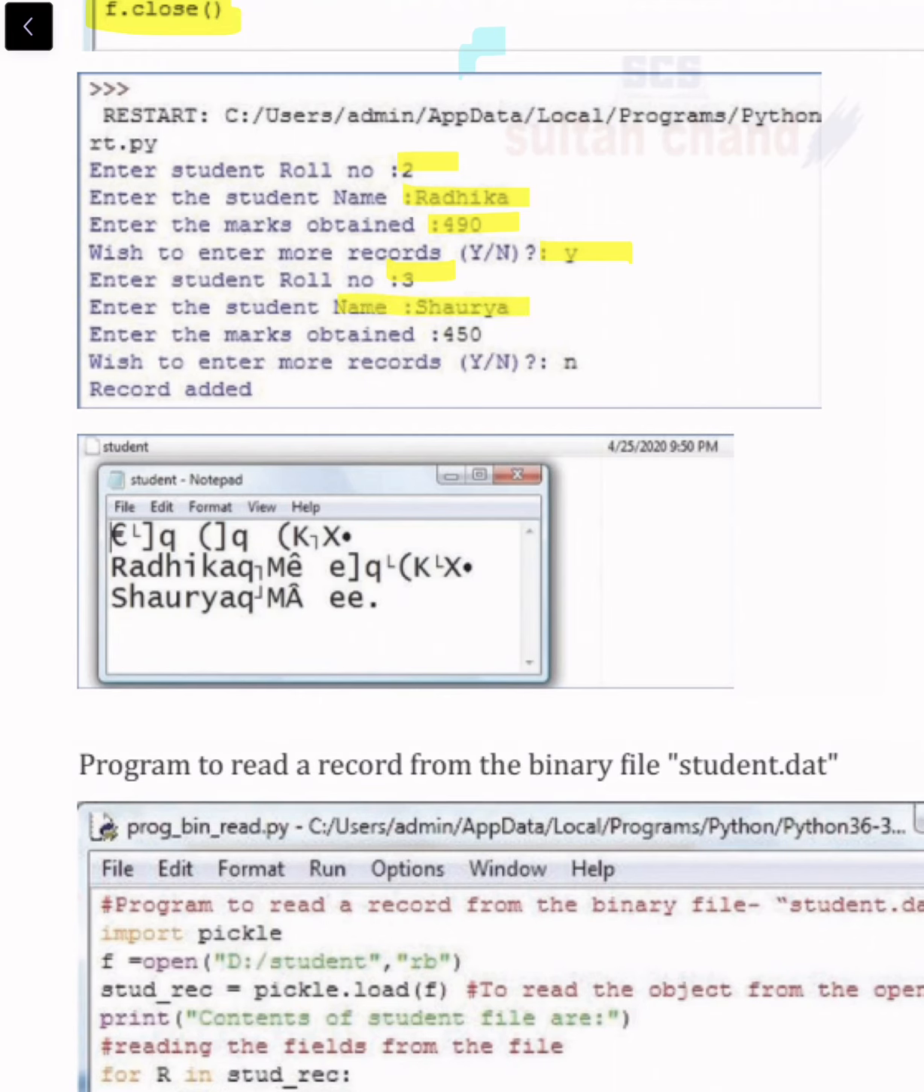So it will further process to enter the next roll number, which is 3. Next name is Shaurya. Next marks is 450. Again, we are giving the option to insert. The user says no, so it will end there, and the 2 records will be added. Now if we open the student file, we will see that some content has been added, but